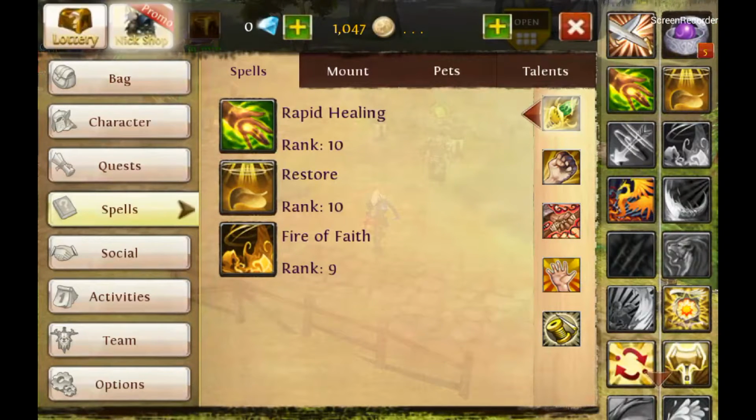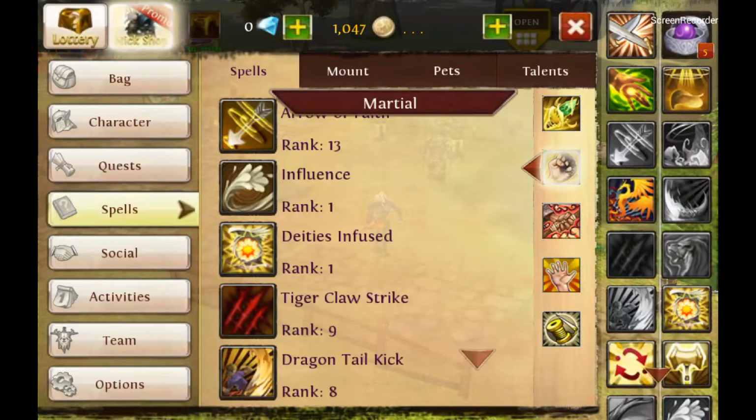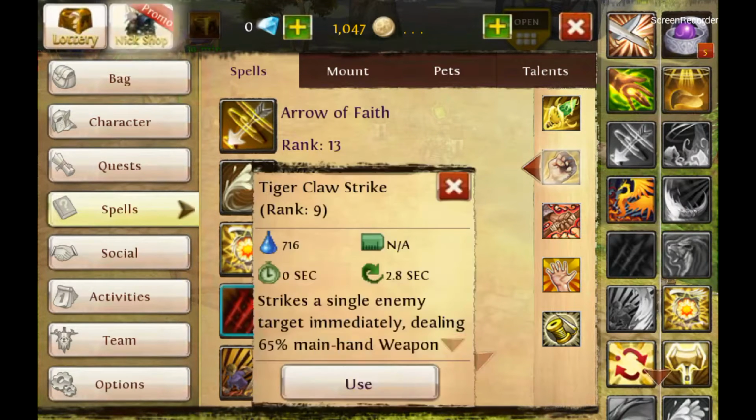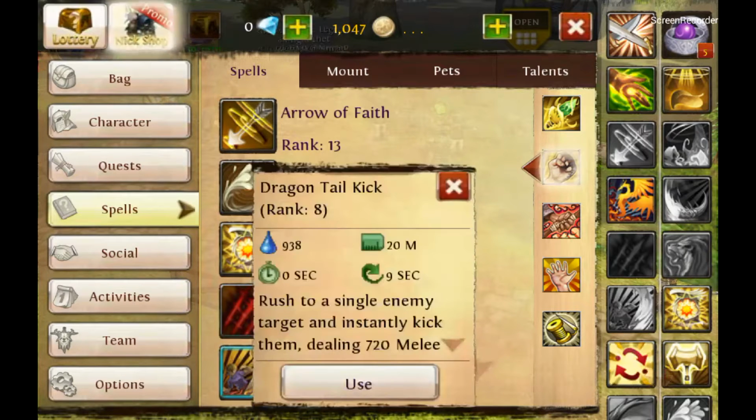The first thing that we need to address is the basic mechanic around which all of our abilities revolve, and that is the bruised vulnerability debuff. This debuff increases your enemy's physical damage taken by 15% for 12 seconds. Abilities that give your enemy the bruised debuff are the Tiger Claw Strike, the Dragon Tail Kick, and Lion King